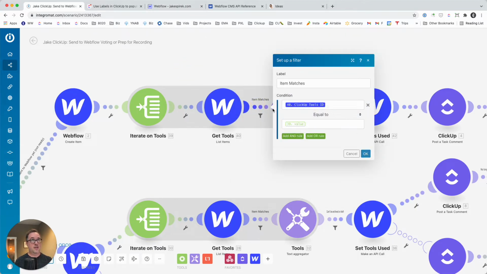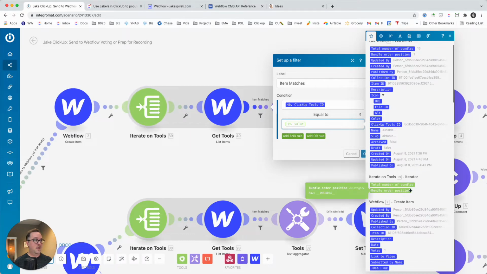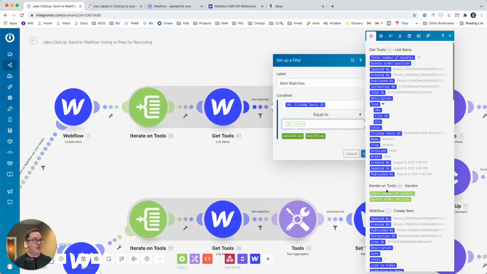So this is just so that I don't have to keep another, like you could have a Google Sheet or something, but it just adds another level of complexity. And this way I can just do whatever's live on the website. I can grab those tools that exist in Webflow, and then I'm going to match them to the value on that current step. And I will say, in this case, this is an annoyance that I have with Integromat,